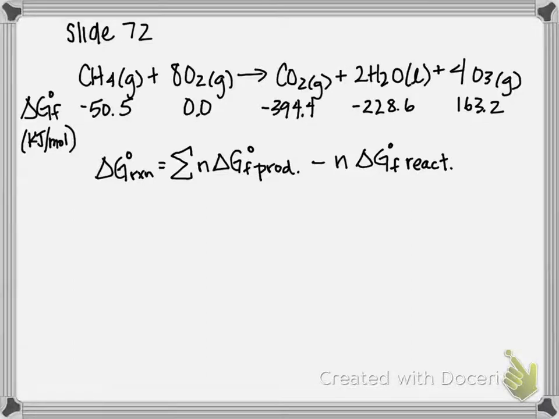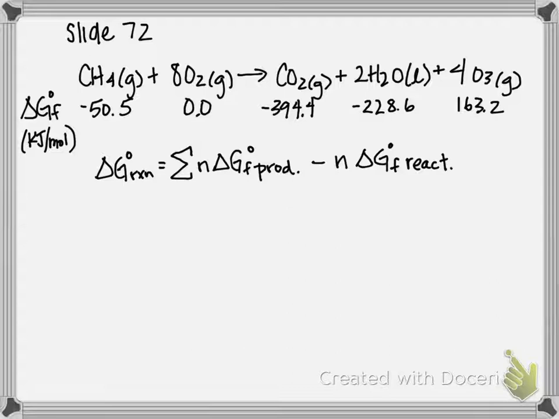This is the example on slide 72 of our Chapter 19 PowerPoint, and the question states, ozone in the lower atmosphere is a pollutant that can form by the following reaction involving oxidation of unburned hydrocarbons. Use the standard free energies of formation to determine the delta G of reaction for this reaction at 25 degrees